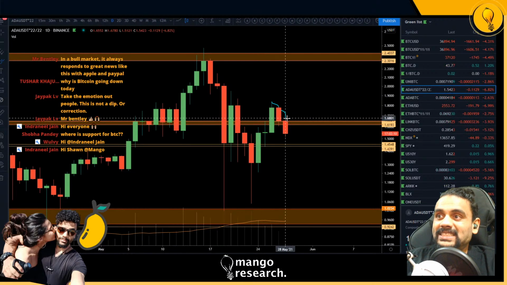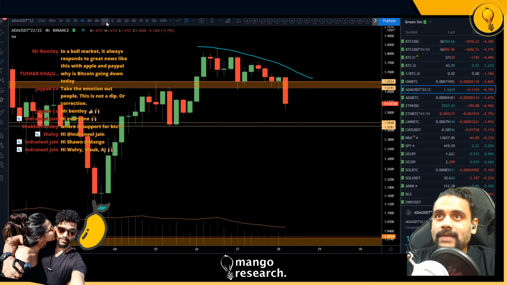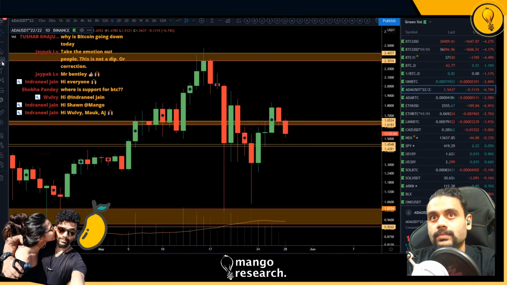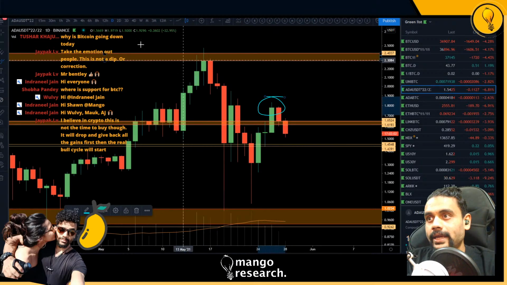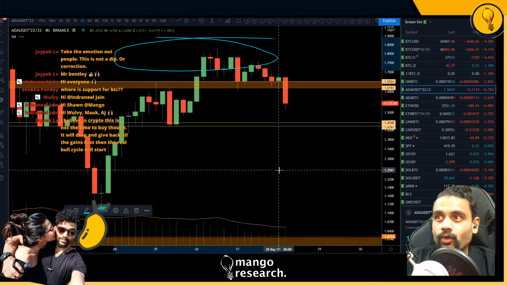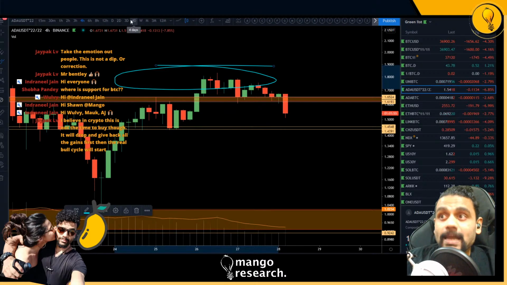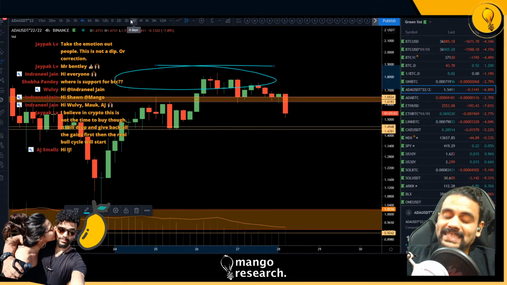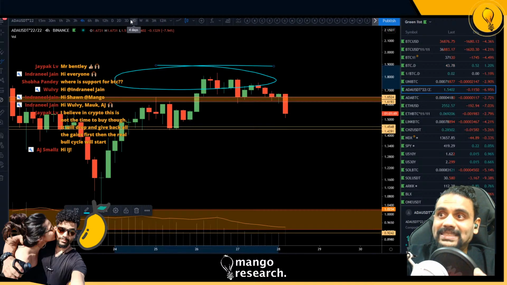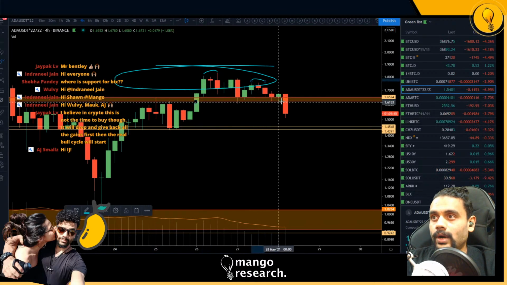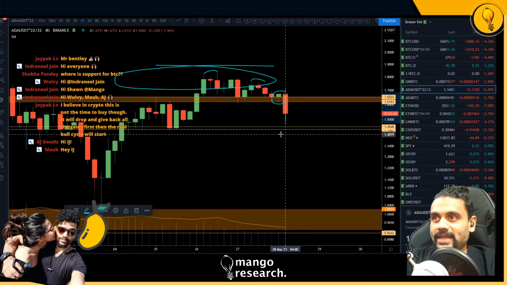So over here we just ended up putting a lower high on the daily time frame, unfortunately. So right over here, the lower high, and you can see the distribution on the 4-hour time frame, right? So it would have been great if we closed a weekly above it, but no, we did not do that. The daily ended up being distribution, and you could drill down into the daily time frame and you can see your distribution pattern right over here, right? Lower high, lower high, lower high, breakdown.